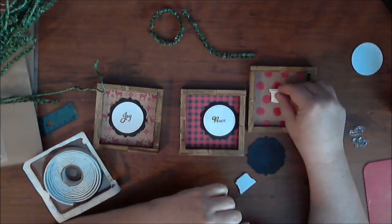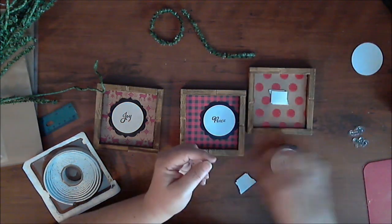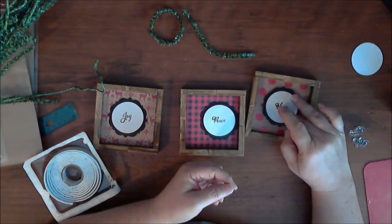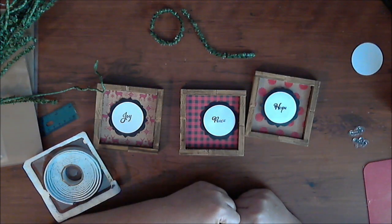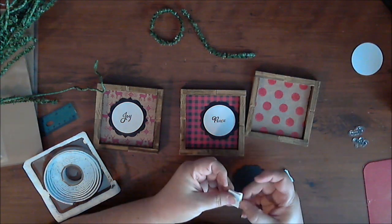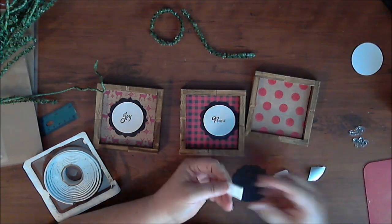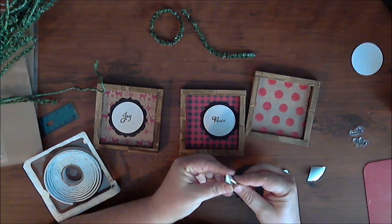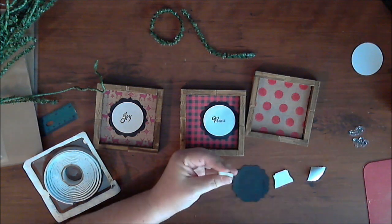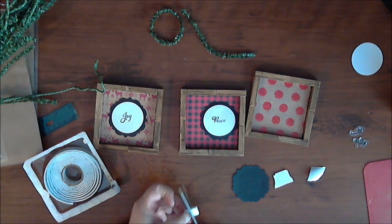So here's one thickness. I haven't peeled the back off yet, so it's not going to stick. That doesn't pop it up very high, but if I put two of them on, that pops it out and it gives some shadow behind there, and I think I really like that. So I'm going to do a little trick. I peel off the bigger side of the backing, and then I just fold them together, and it makes it double the thickness. And then I don't need this ginormous one, so I'm going to cut it in half because